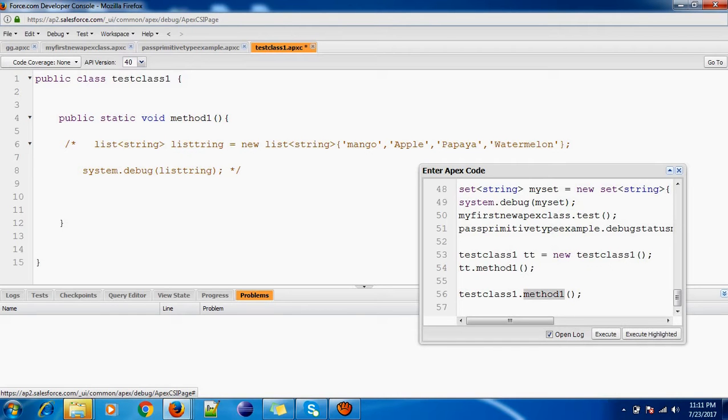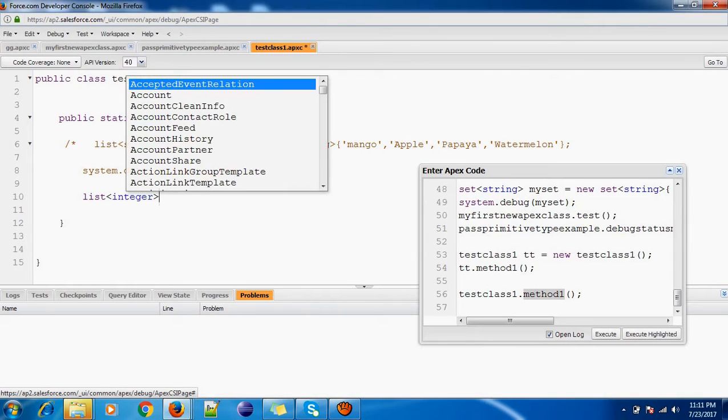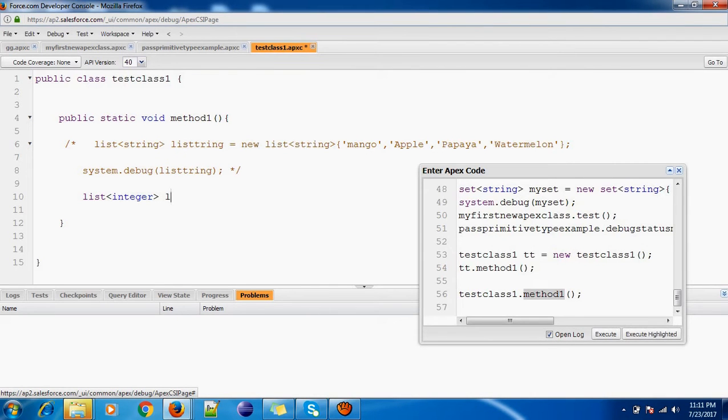Here we were using list of string, right? Now I'll use list of integer, any name, integer list is equal to new list of integer.